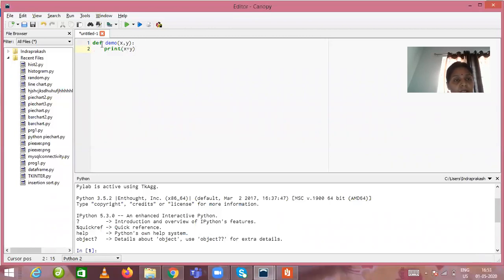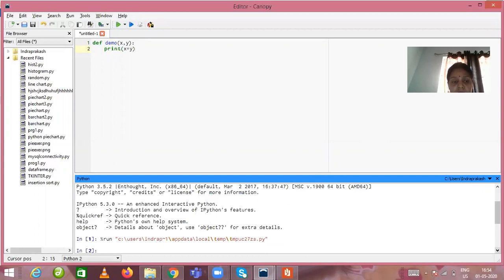So notice the syntax over here. We have used the def keyword, and I have given my function name as demo, and I have given two values as parameters, x comma y, and I have given this colon sign, which is a very important sign. If we are missing this sign, the compiler will produce an error. After that we have indented our syntax, and I have given a print statement to print the result. Correct? I'm going to run this program.